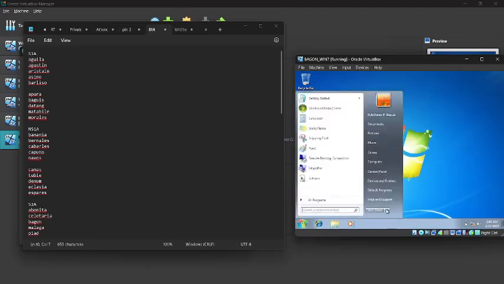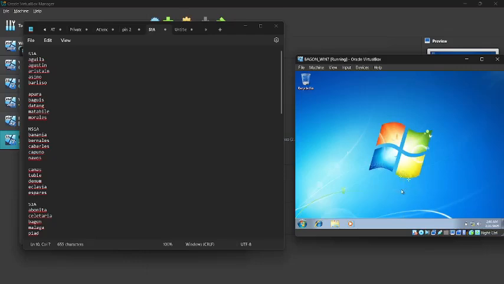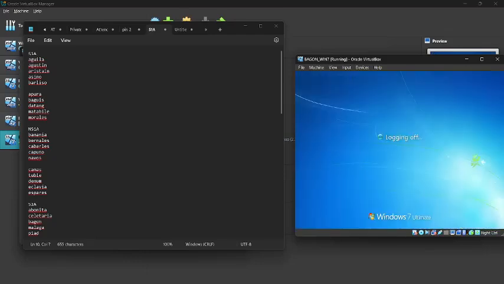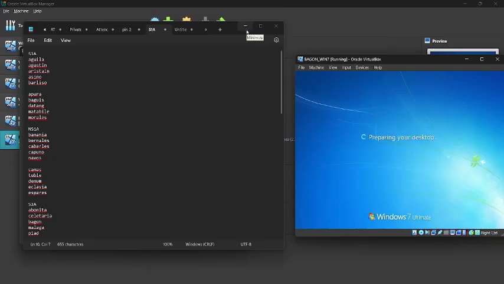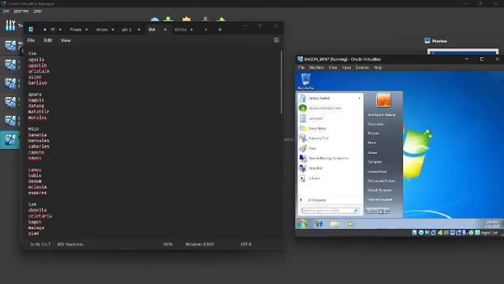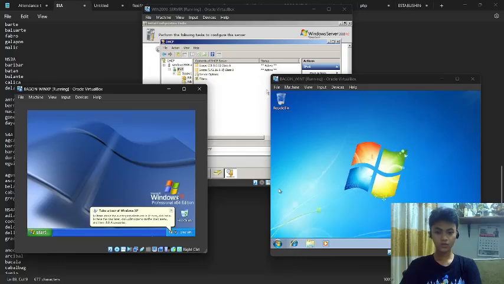So now I will then try to log in to a different account. So now that we were able to log in and log out from different accounts from our 2008 server in